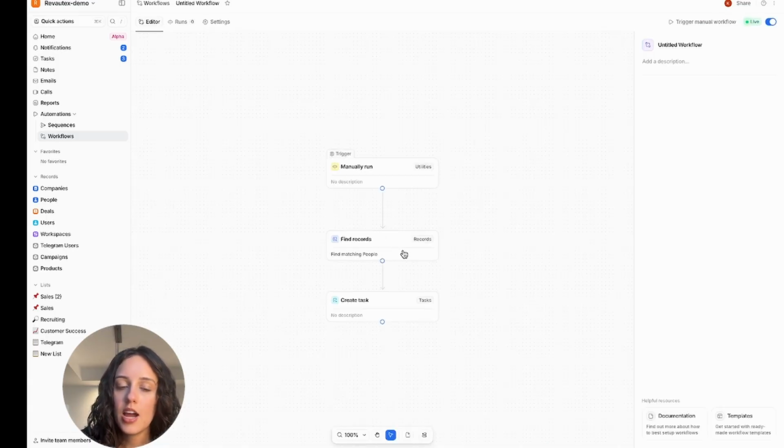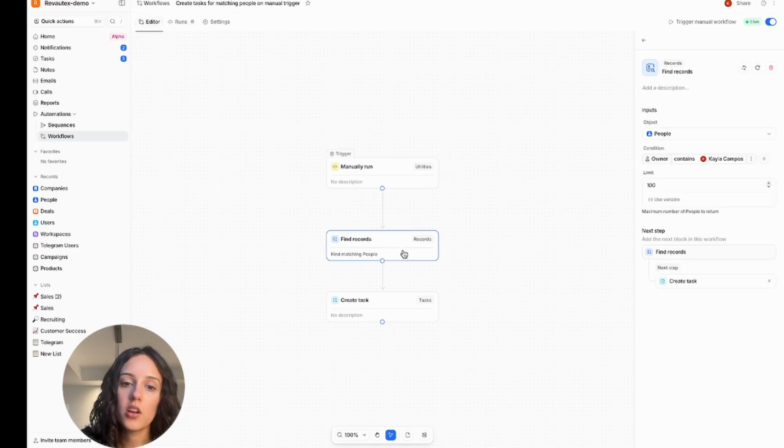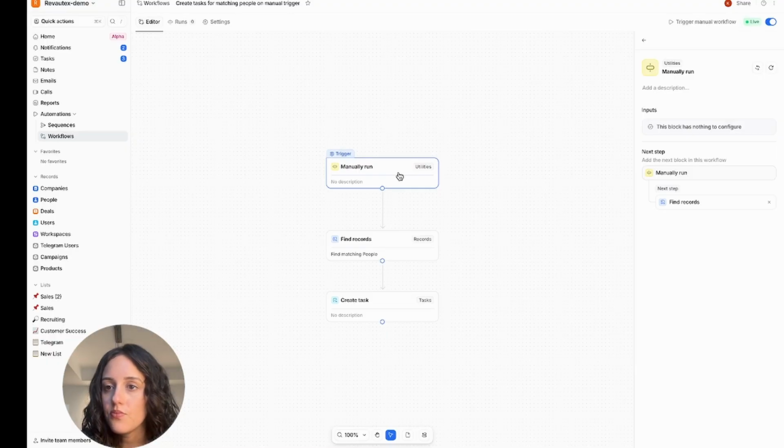Because it makes sense, right? This block doesn't want to look for all people records that you might have in Attio. It needs some sort of condition. And so here you see this trigger manual workflow. So in most cases, I would say this type of